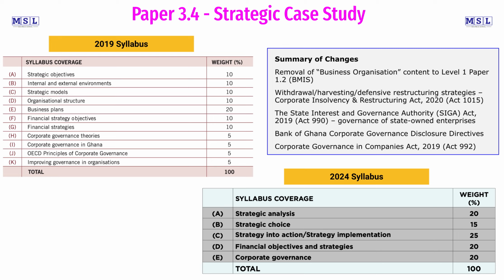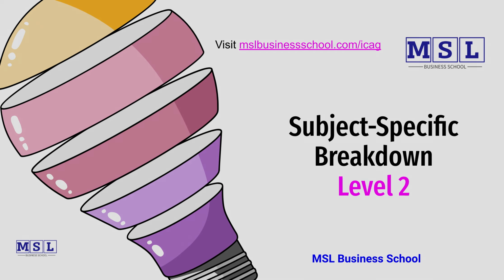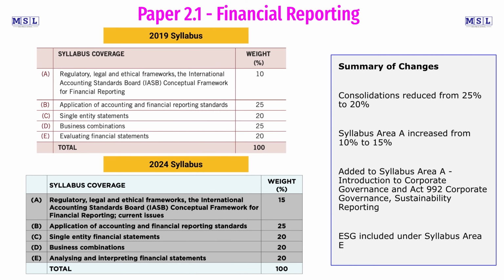I would say for level 3, the biggest change we are seeing is from the advanced taxation paper, to be very fair. For level 2 papers, let's start with financial reporting. Also looking at it, not much has changed apart from a few reorganizations here and there. For example, consolidations or group financial reporting